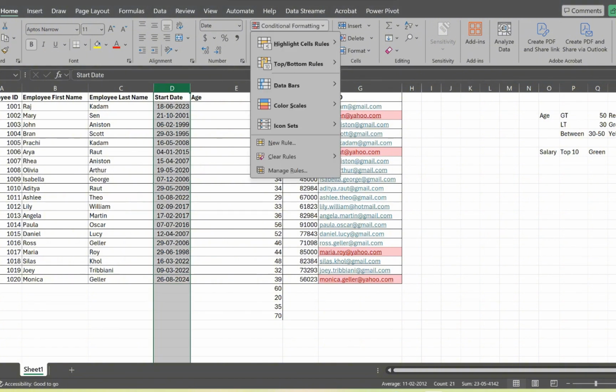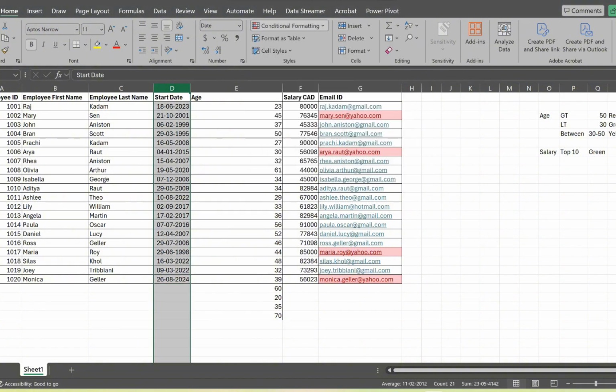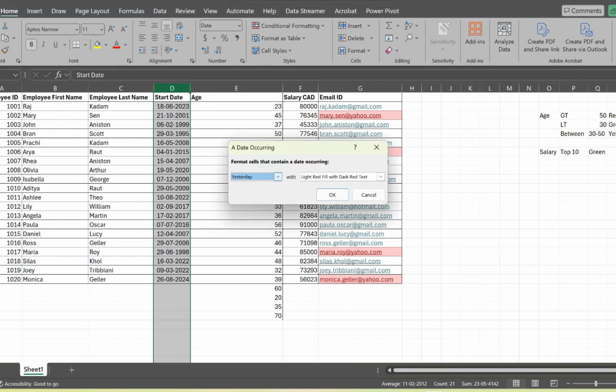Once I select the date column, I'll go to Date Occurring, and in Date Occurring I'll have different options like yesterday, today, or next month, previous month. So I would like to check whichever employees' start date is in this month. I'll just select This Month, and if it is in this month, then I would like to highlight it